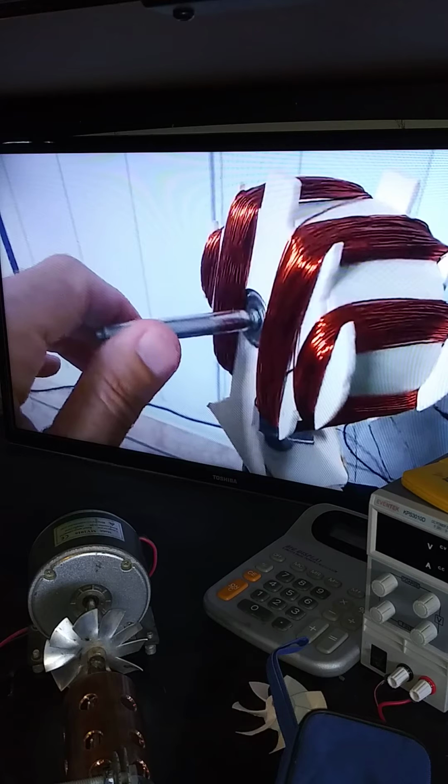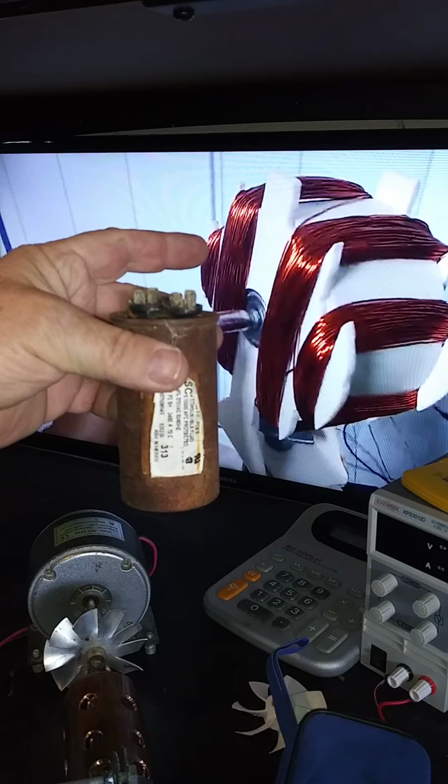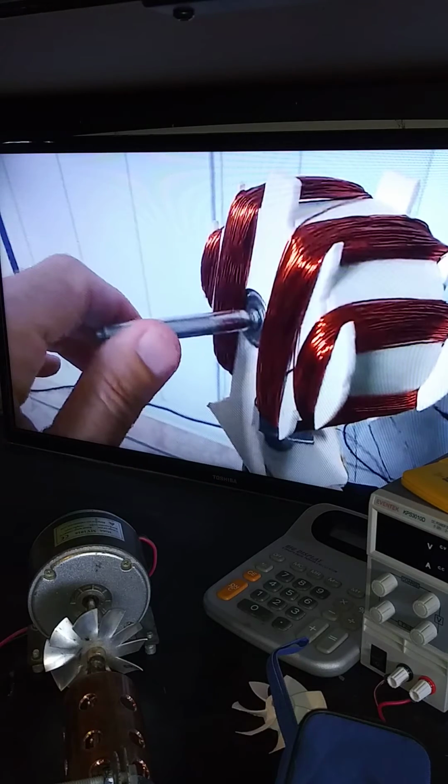I started making this pulse motor, and I ran through so many transistors, I burned out so much stuff. When I made mine, I made it with a metal contactor, and then I found out that if I hook a capacitor up to absorb that back spike, the spark in the contactor goes away, which is pretty cool, because that means I can store that energy in a capacitor and then send it back to the source and power. And so anyway, I also have